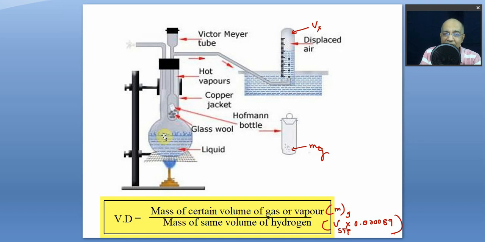So when you boil water outside and keep the entire setup like this and don't put it here, you find bubbles will come out because it was previously at room temperature. Now the temperature will slowly increase to 100 degrees. So as long as equilibrium is not established, bubbles will be coming out. Once you find there are no bubbles, that means the setup has acquired equilibrium. At that particular time, you invert the gas jar completely filled with water, and very carefully take this Hofmann bottle.